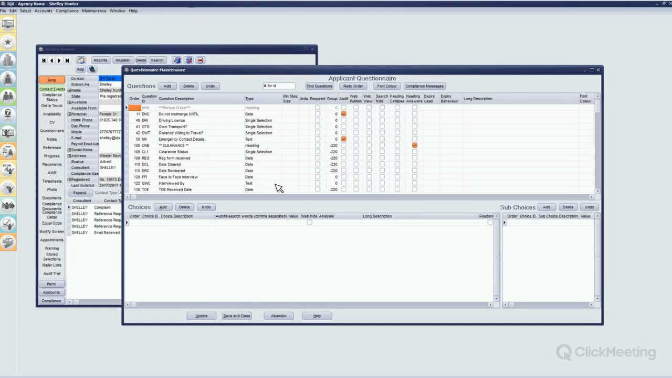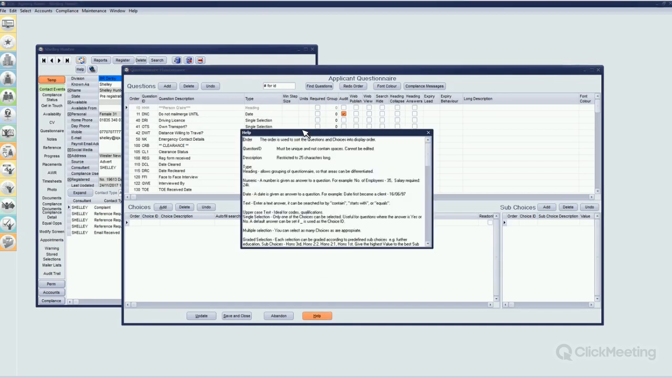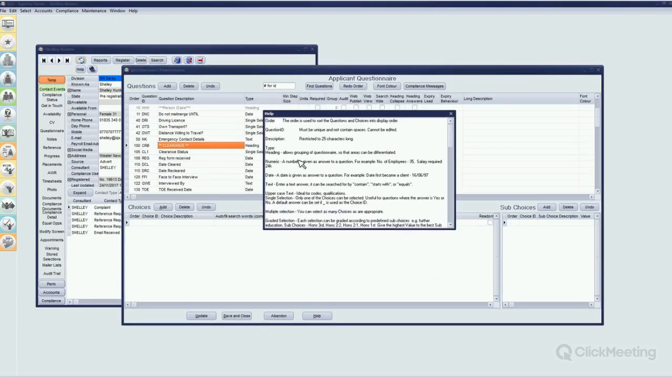Then we have type. You've got a number of different types. If you press the help button down here, it opens a little pop-up window that tells you a little bit more about the different types. Whether you want a heading, such as this clearance one here, so that I can group all my questions with clearance relations underneath one heading, or I can have a numeric one, so that's numbers. In the examples here, we've got number of employees or salary required, dates,